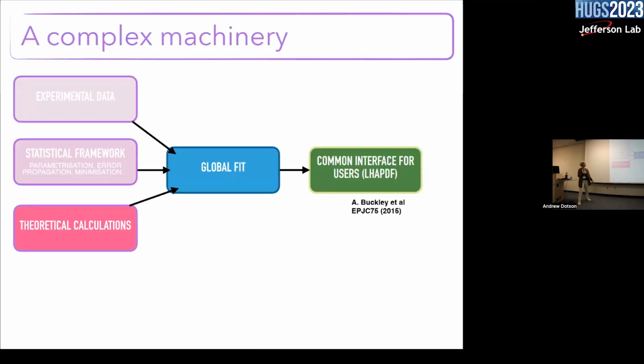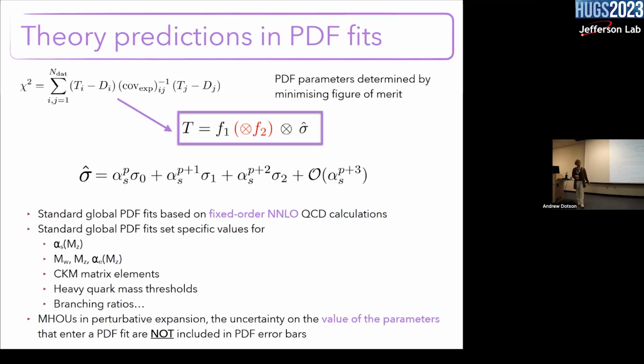So we mentioned all these ingredients. So let's talk about the theoretical calculation that enters a fit. So what do we do? Whenever we try to determine the parameters of the parton distribution functions, in whatever way we parameterize them, we extract these functions, the parameters of F1 and F2 in case we have two protons, or just F1 if we have one proton,